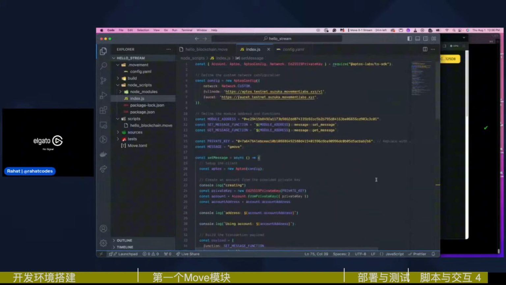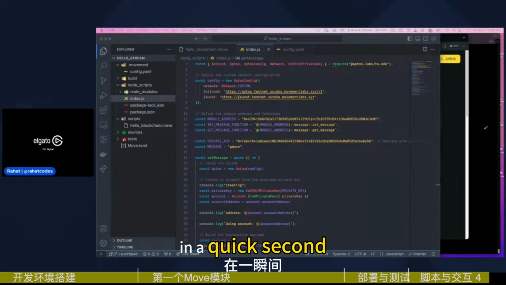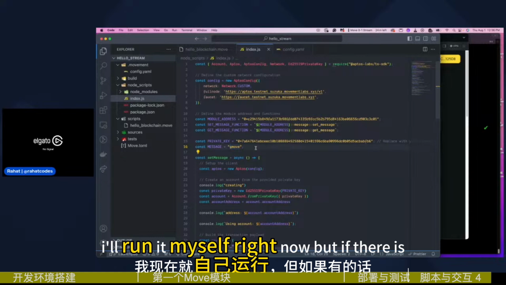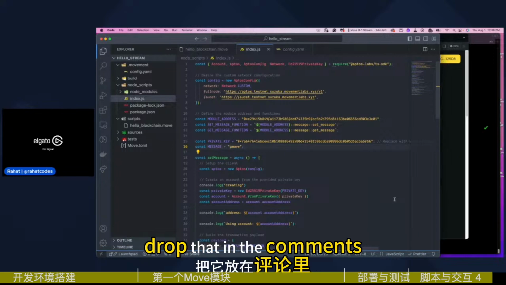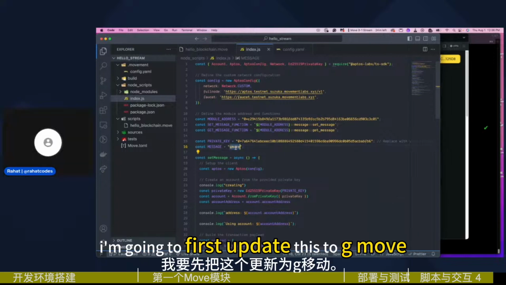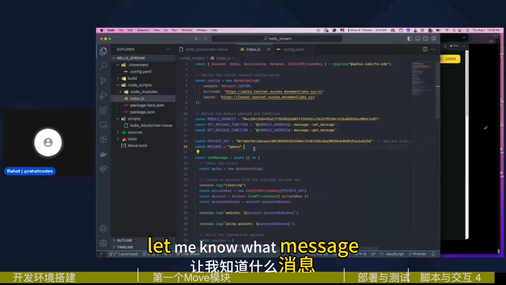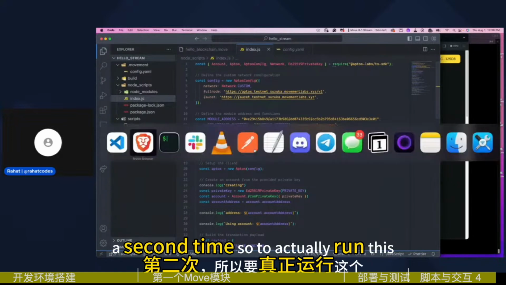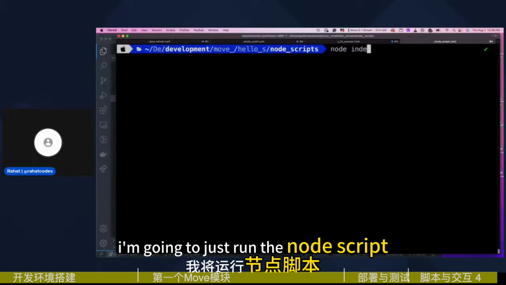Cool. So I will run this in a quick second, but I would love for anyone in the comments, actually, I'll run it myself right now, but if there is a specific message that you want me to update this to, drop that in the comments. I'm going to first update this to Gmove, but it would be really cool to get some crowd participation. Let me know what message you want me to update this to when I run this transaction a second time. So to actually run this, I'm going to just run the Node script,